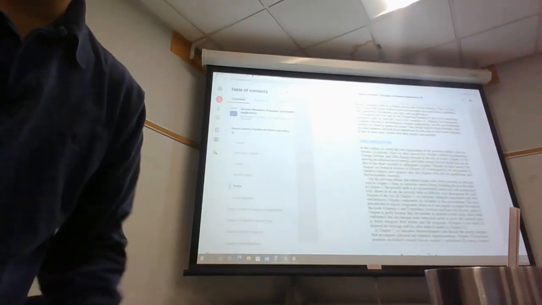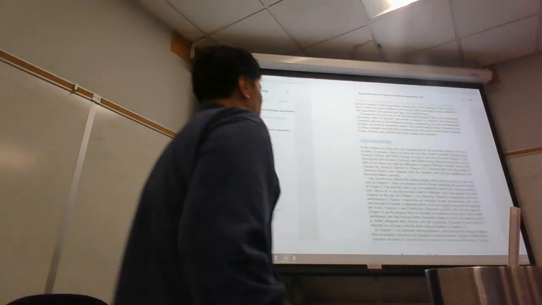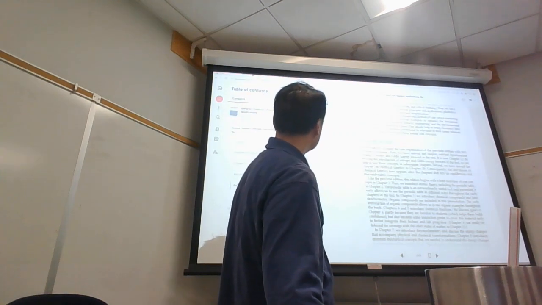changes. If you ended up getting the 10th edition, there's no problem with using the 10th edition. We can take a look at the changes that they made